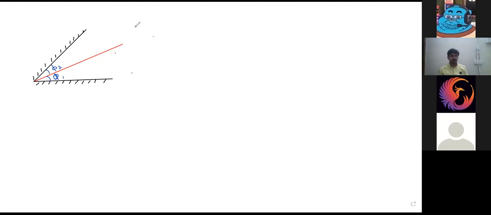And the angle between these two mirrors is theta. So what they are saying is that if n is equal to 360 degrees upon theta comes up to be an even number, then the number of images is equal to n minus 1, whatever the number is, minus 1. And if n is equal to 360 degrees upon theta comes up to be an odd number,